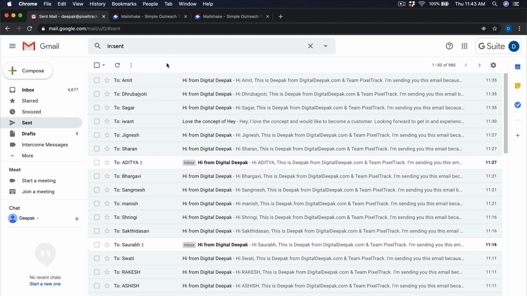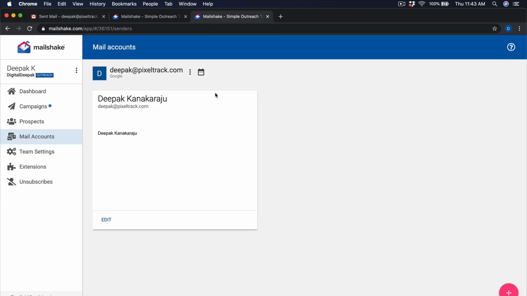And you know that Gmail, which is pretty much being used by the entire world right now, has separate tabs called promotions and updates. Sometimes the mail that you send will land in promotions, and people do not usually open the promotions tab because it is taken as an ad. So these are some of the challenges that you will face with traditional email marketing tools and very large databases, but with Mailshake you don't have that problem.